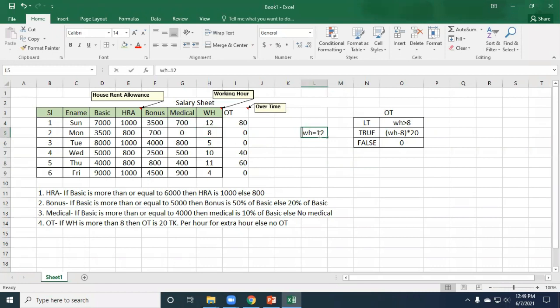Second one, consider working hour equal to 8. Just if you put working hour equal to 8, so come to the condition 8 greater than 8 is a false word. So it is not going to calculate, it is directly going to send to the 0 automatically, because it is false. 8 greater than 8, 8 cannot be greater than 8, because 8 is equal to 8. It is going to set the 0.